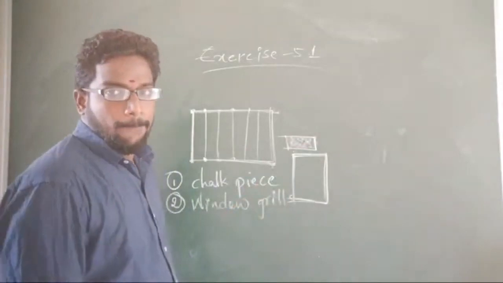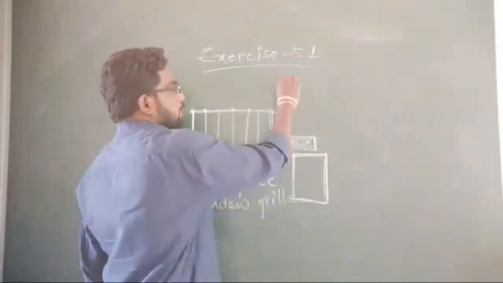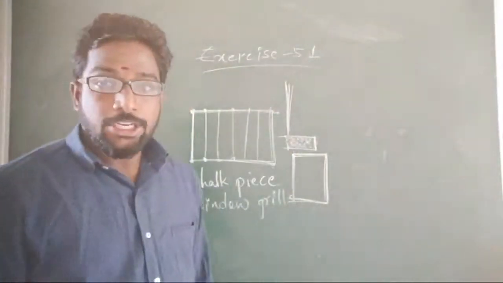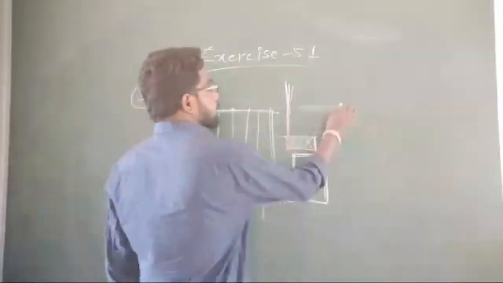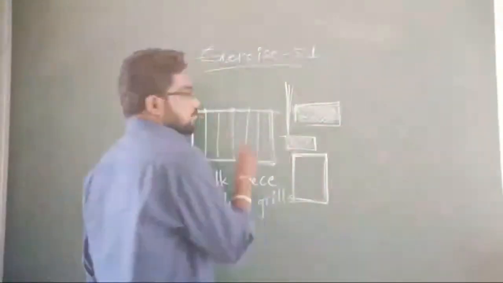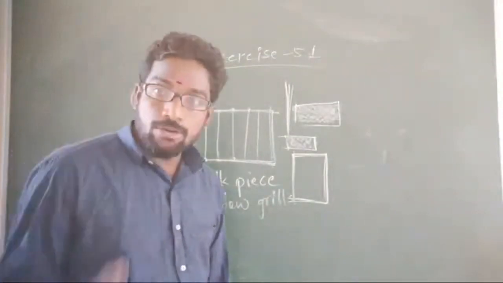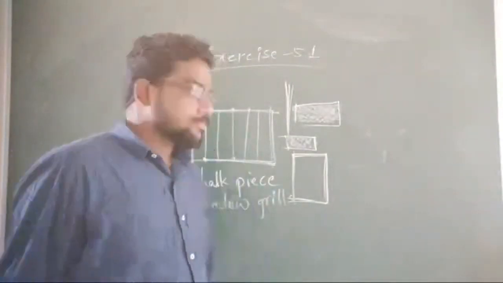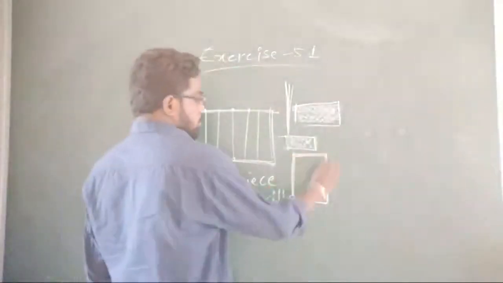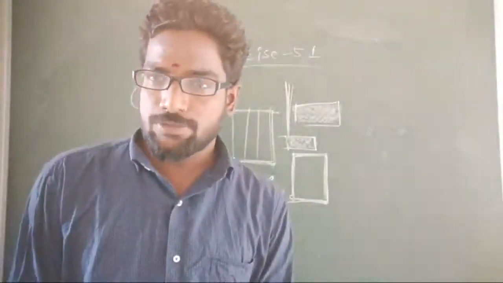Next, pencil, new pencil. Pencil also looks like a line segment. This is an example of a line segment. Table also, very good. This is a table. These 4 are the line segments, the edges of the table. Benches, okay. Book. Super, book also. This is a book. It has 4 edges. The 4 edges are the examples of the line segment. Very good. Super.